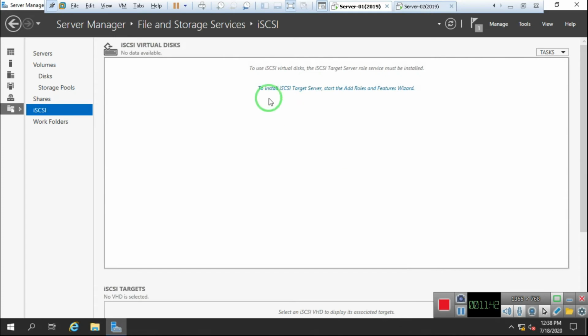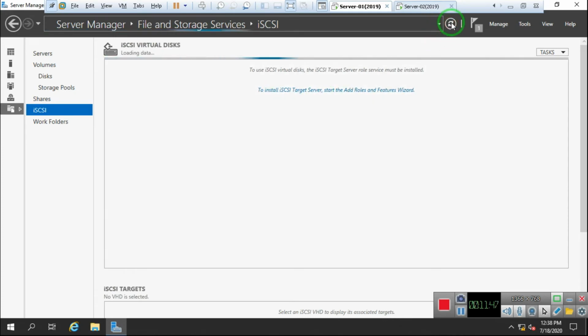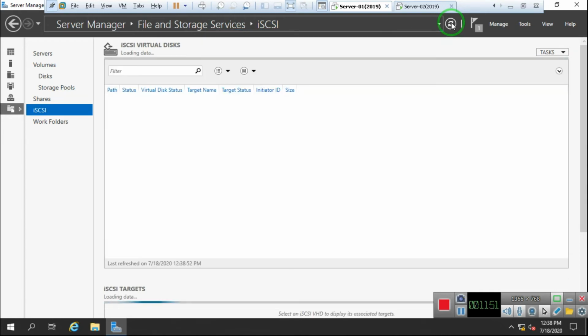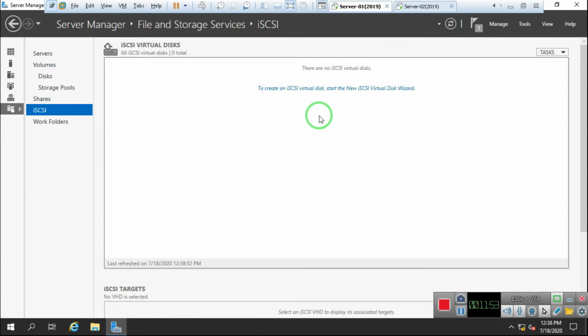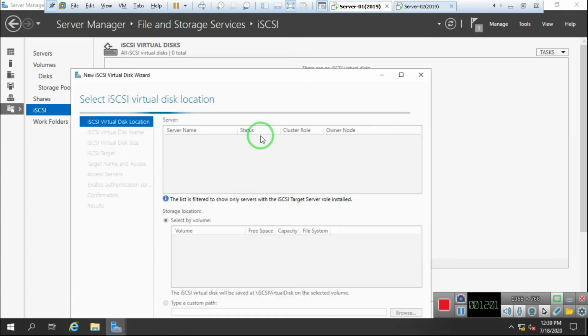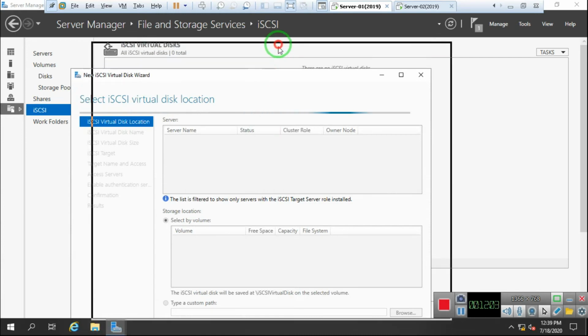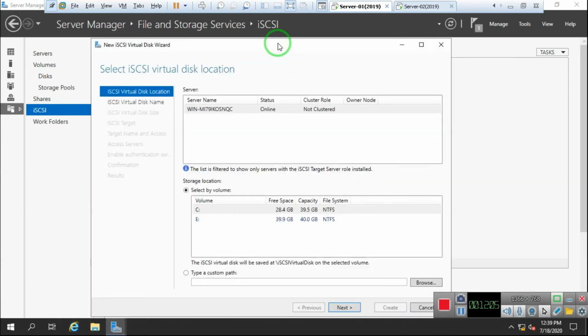What happens? Okay, I need to refresh once. Just wait. Okay, refresh once. It's already installed the role. Yeah. Okay, so now you can see that they told me that you need to create the virtual space for iSCSI. So I just click on iSCSI virtual disk. Click on that. Now I'm going to create the virtual space, that is, how much space I need to provide my